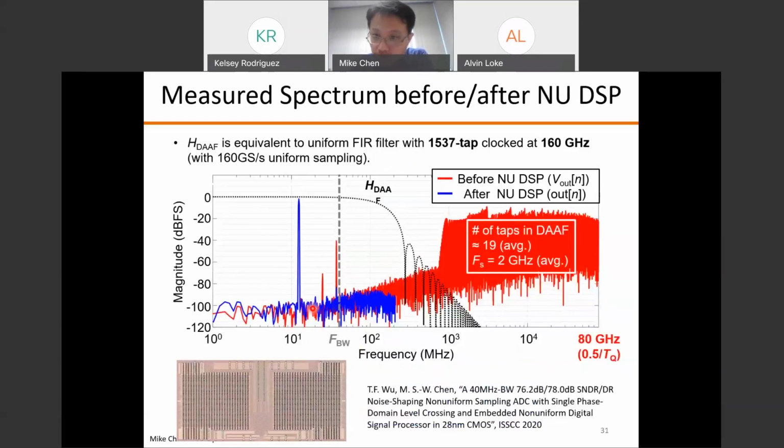Okay, so I just want to show you one thing. Now for the measurement of this fully integrated version. As you can see, because of the VCO,